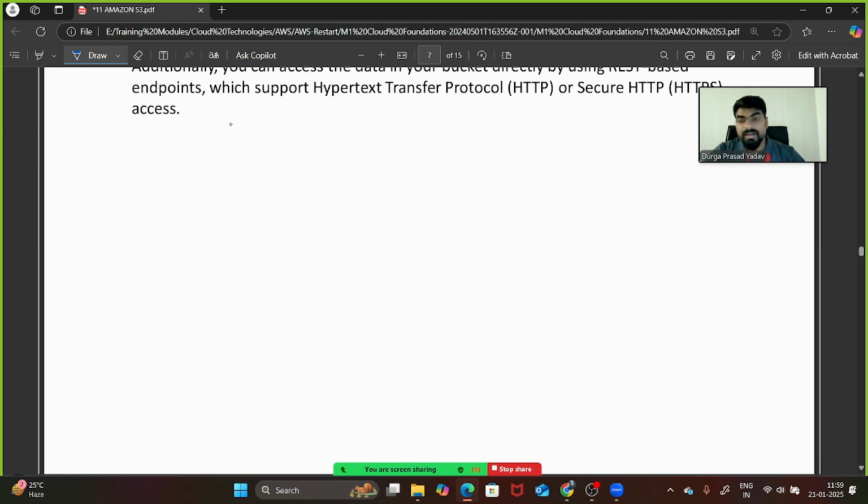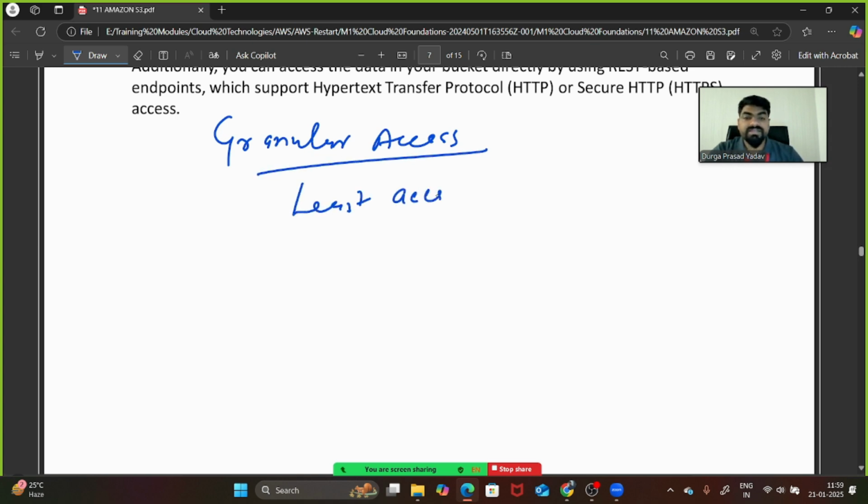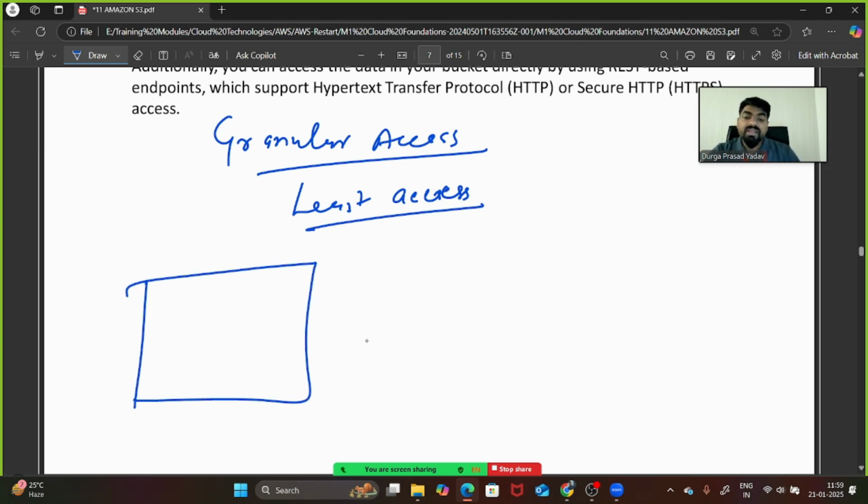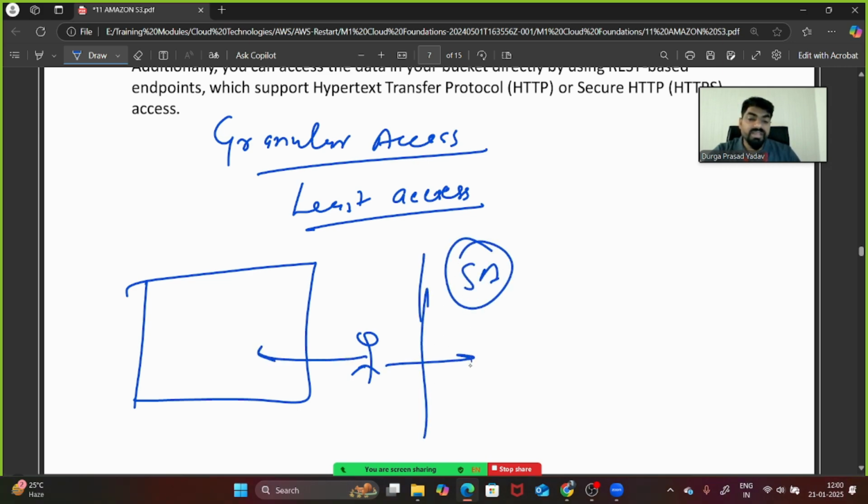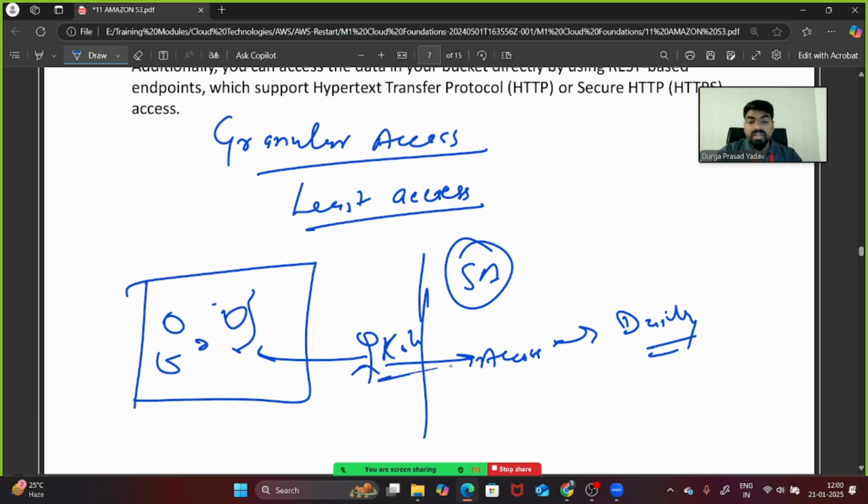is granular access. What is granular access? Or you can say list access. Granular access is list access. It means if this is a company and you are newly joining this company, there will be a security admin who will give you some access, by which you can fulfill your daily work. You will not get all the access of everything, whatever resources you have. As per your role, whatever access you need, you will get the same. It means you will get a list of privileges, not all the privileges. So that comes under granular. How to